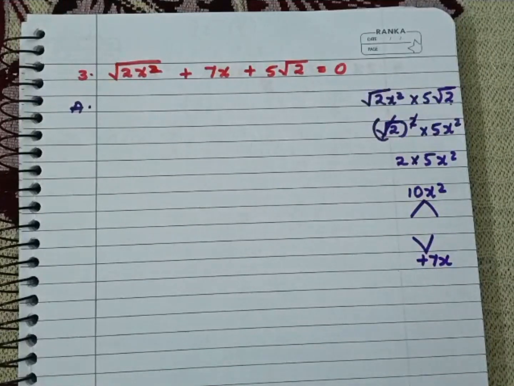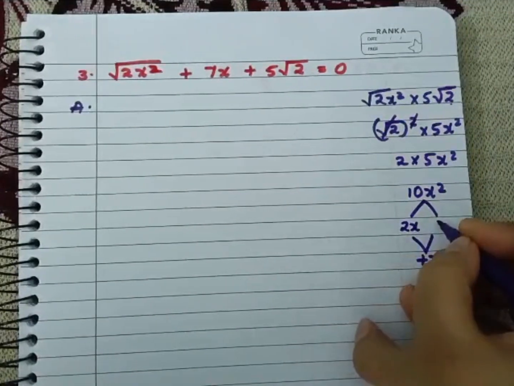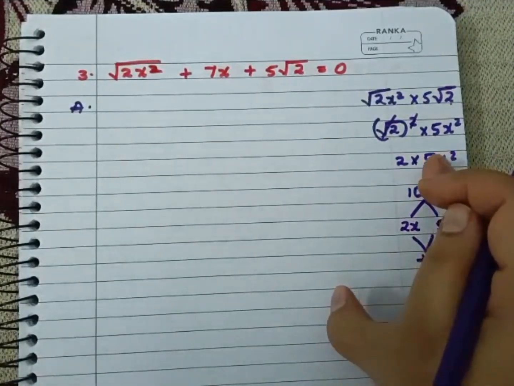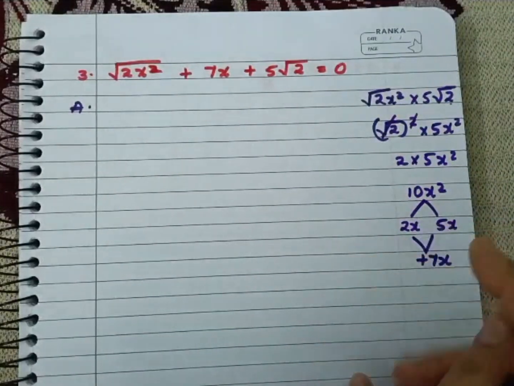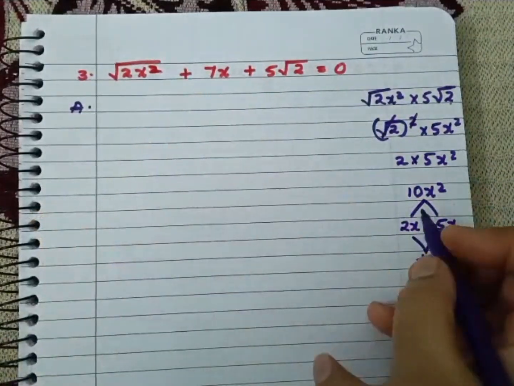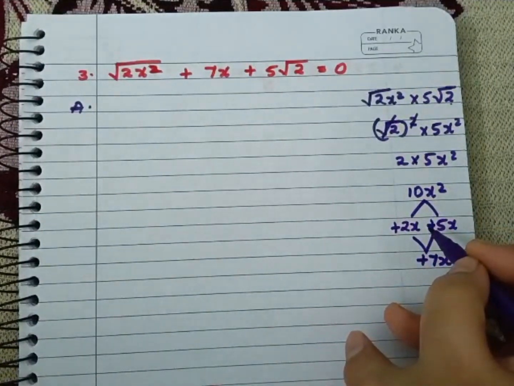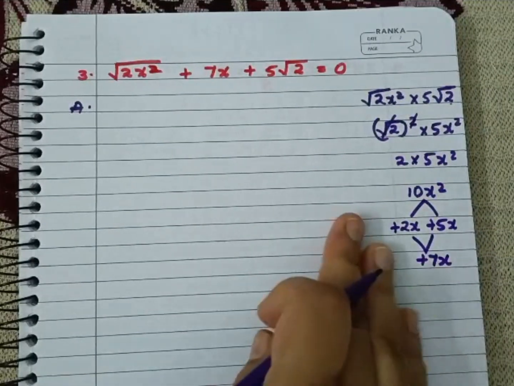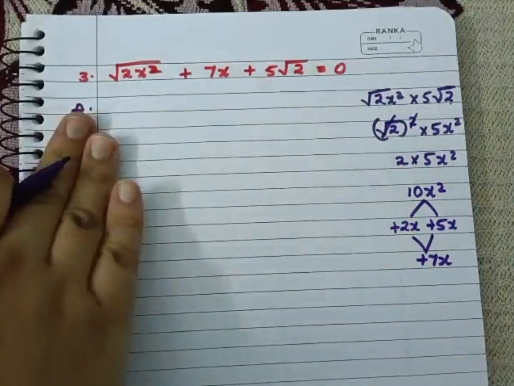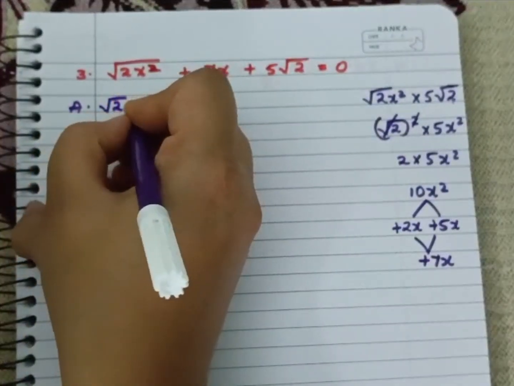So I'm going to take 2x into 5x. 2 5s are 10x square, and if we add we get 7x. So I'm going to write over here plus, because here plus is there, so plus and plus. This you have understood. Now I'm going to explain over here, that is I'm going to take root 2x square